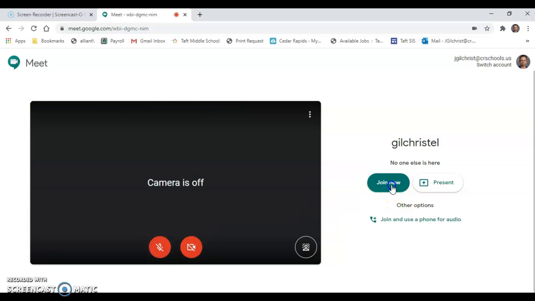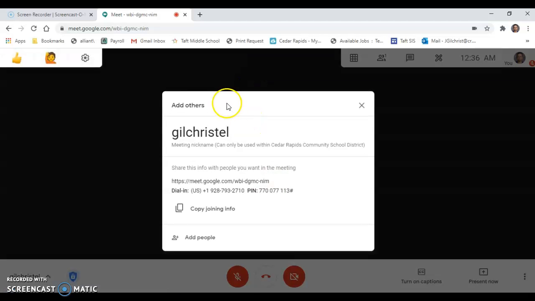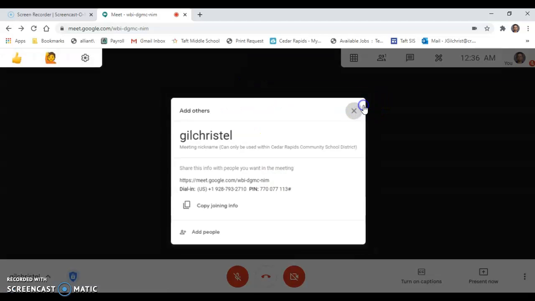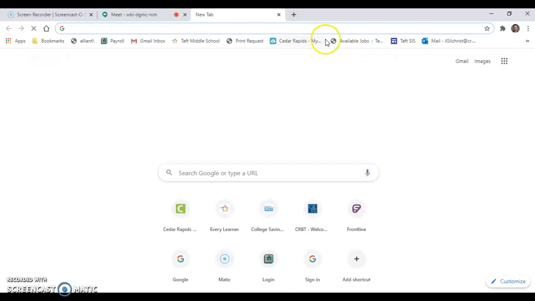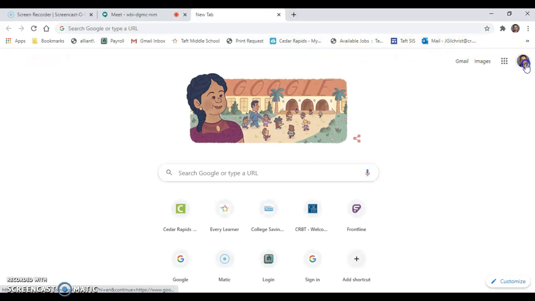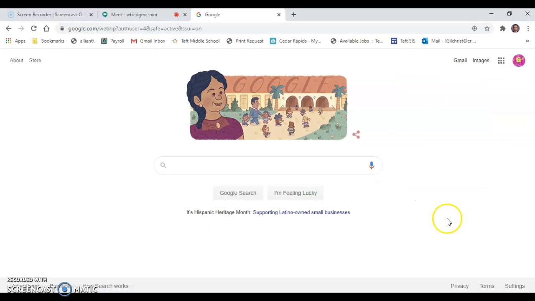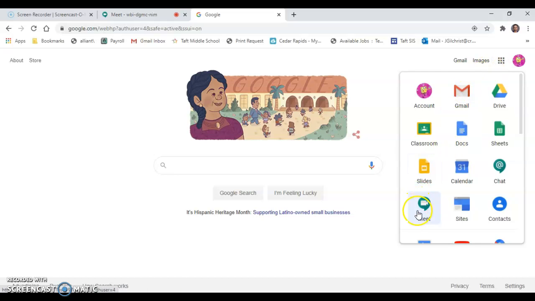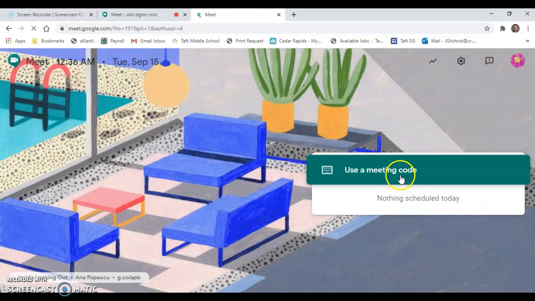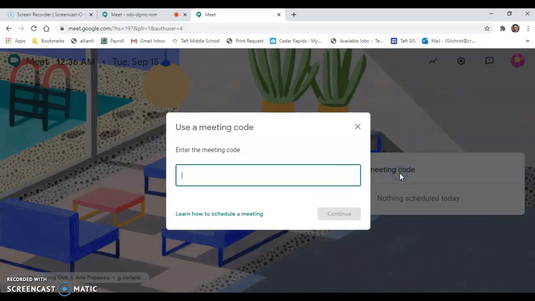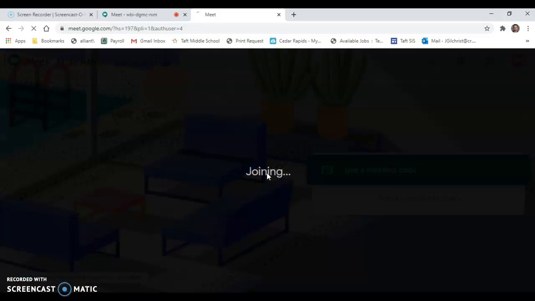I'm going to click join now so that I'm in, and then I'm going to show you what it looks like from the student side. I'll change over to my daughter's account, and I'm going to click down to her Google Meet. And notice how she can't join or create a meeting, but she can use a meeting code. And I'm going to simply type in Gilchrist EL, hit enter,